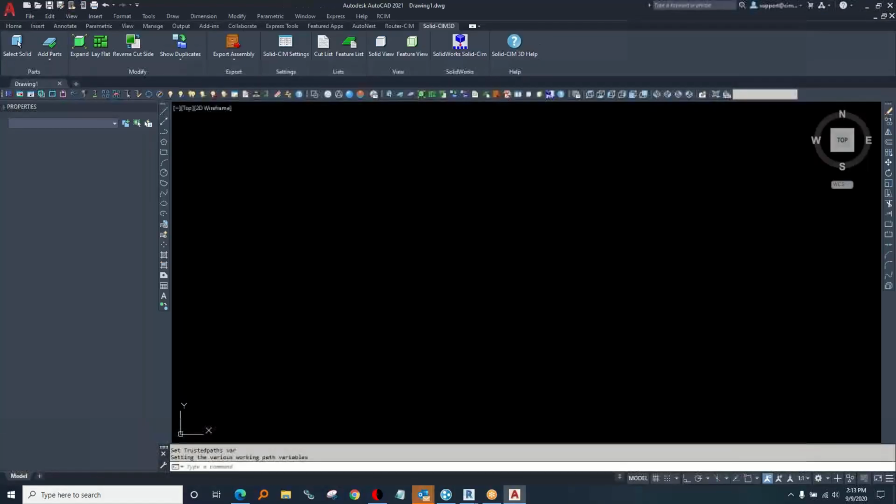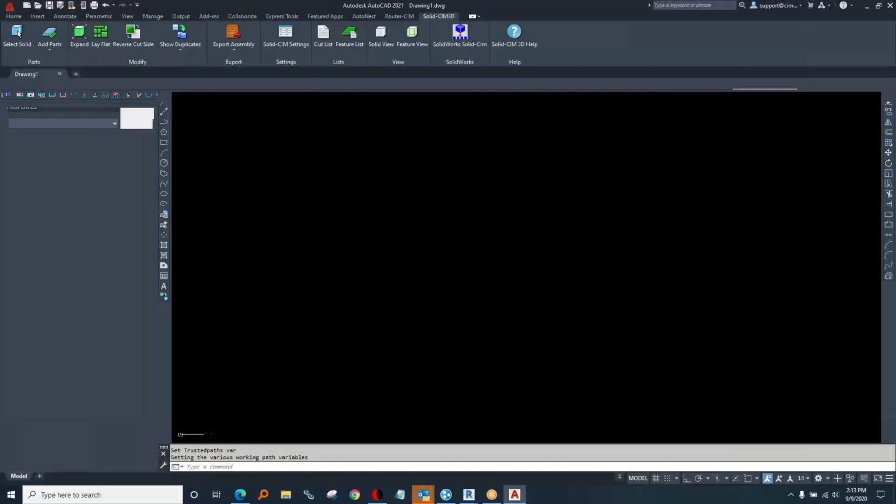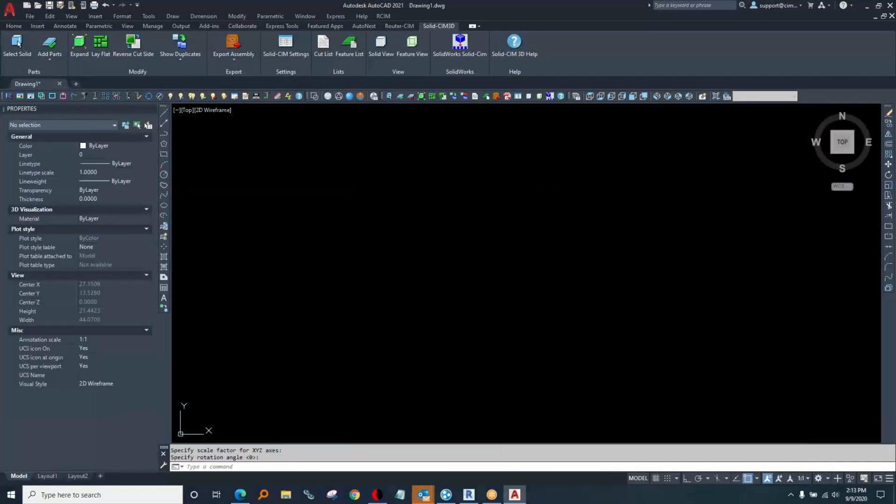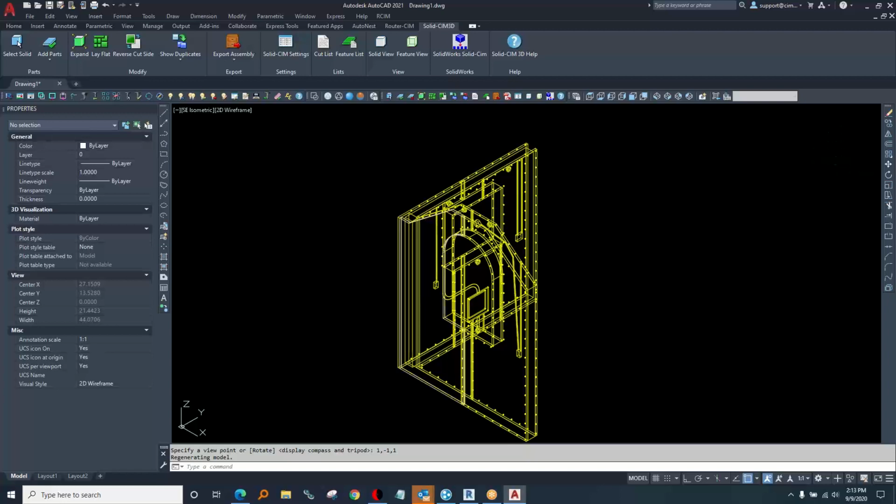What happens next is it transfers the model into CAD. There it'll turn each one of these parts into individual drawings with geometry on different layers, and then that layer will indicate what type of toolpath to make. This process takes just a second or so. You see the model comes in here. Everything will turn green as it does the feature recognition,